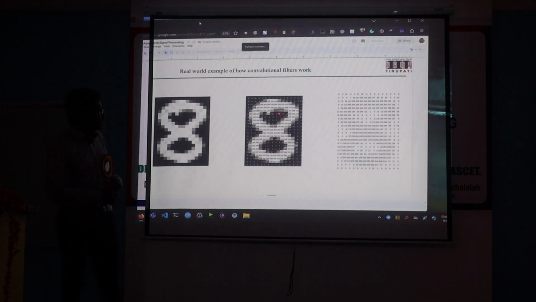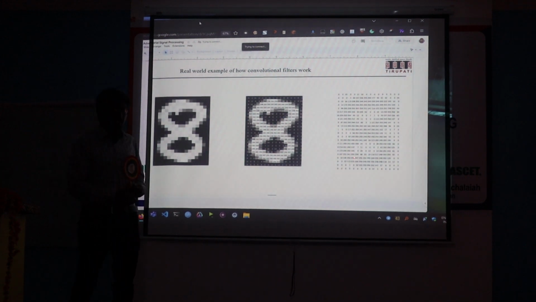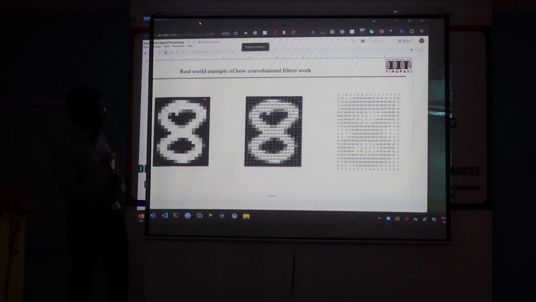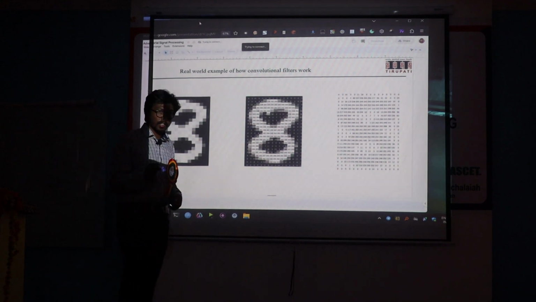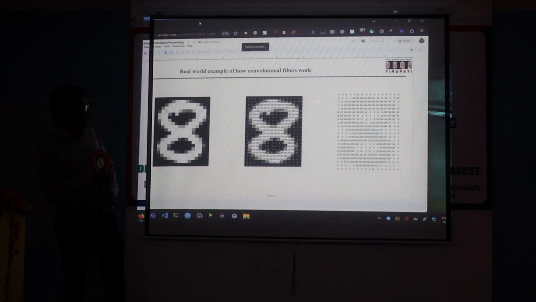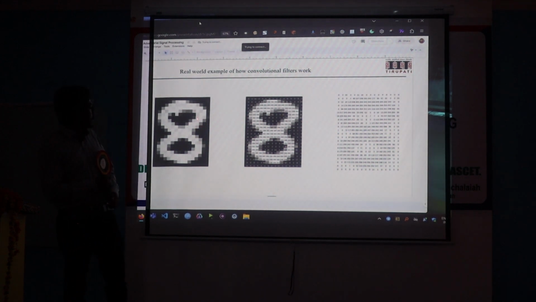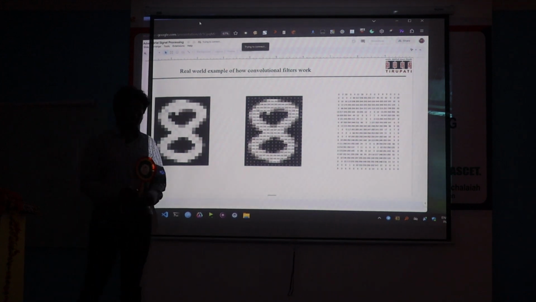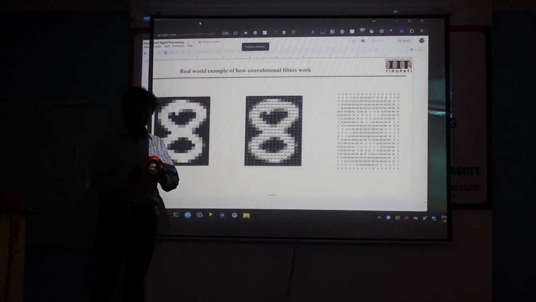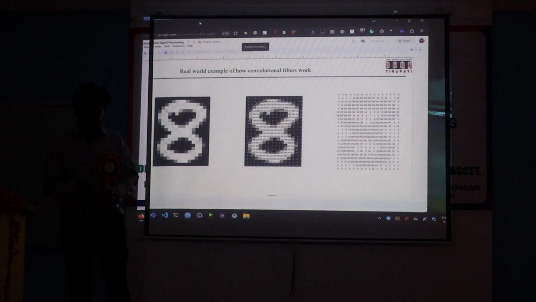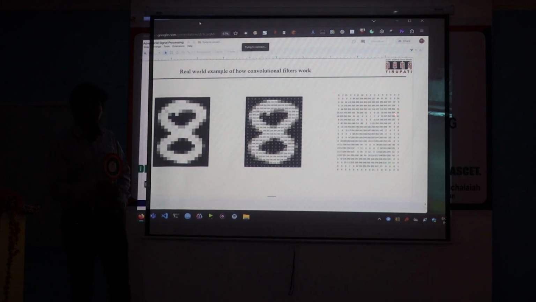Okay, so if I take a grayscale image, when you write 8, for the computer it looks this way. This is how the computer sees it. So you take a picture, and in your phone, in a text file, this is being stored.